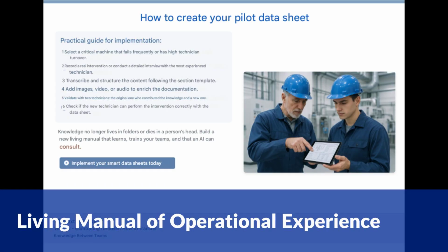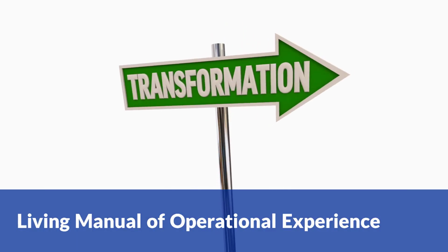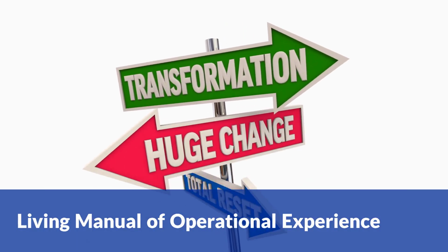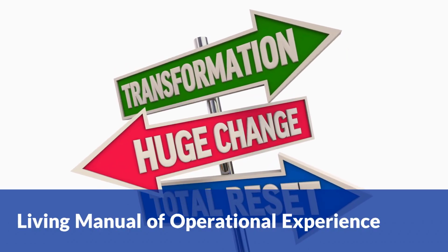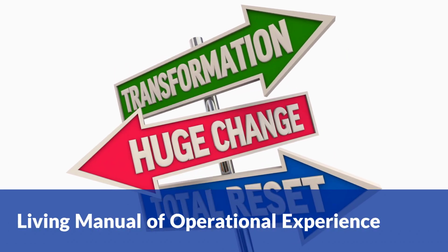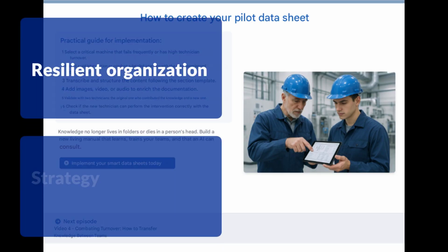smart data sheets ensure that knowledge doesn't reside in the head of a single person, but is available to the entire company. This living manual is continually informed by new experiences, updated with lessons learned, and adapted to changes in equipment and processes. Ultimately, smart data sheets are not just a tool, but a strategy for building a more resilient,